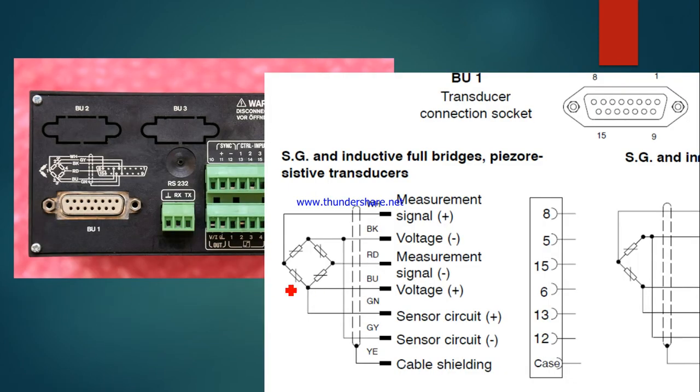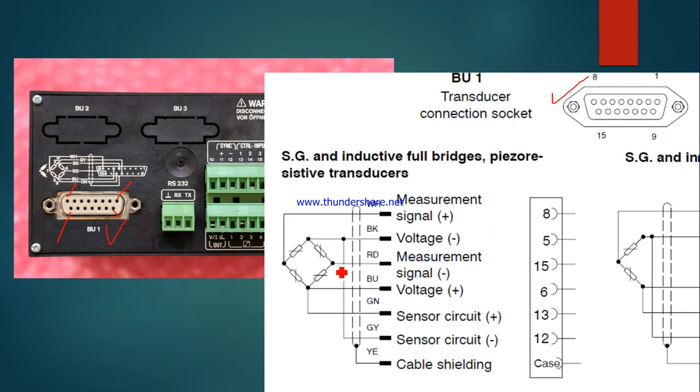As we learned, this is the first pin, and it will be counted like this: 1 2 3 4 5 6 7 8. This is the 8th pin. Then again the 9th pin, 9 10 11 12 13 15. So it will be up to 15 pins. This is the pin counting, here it is given.